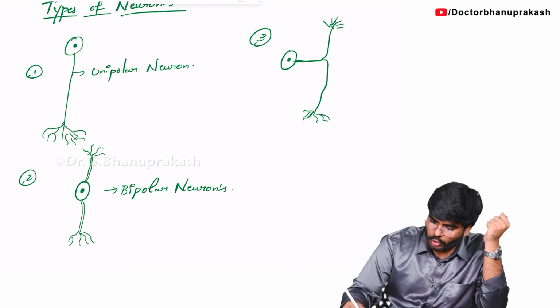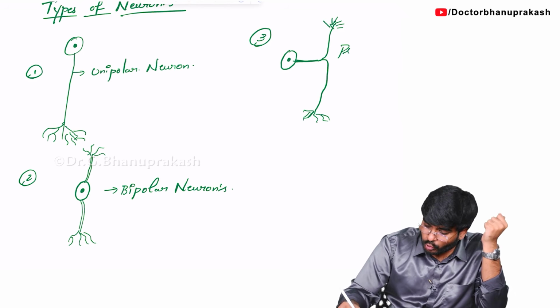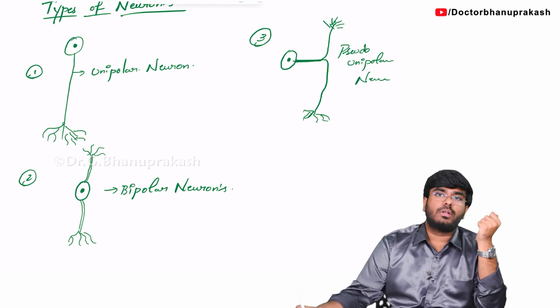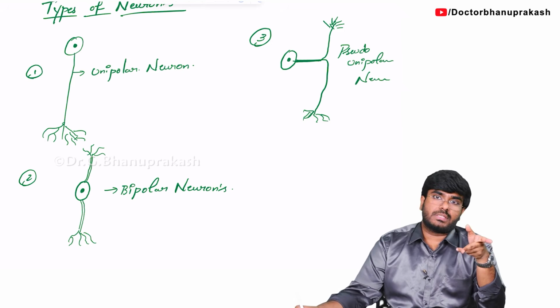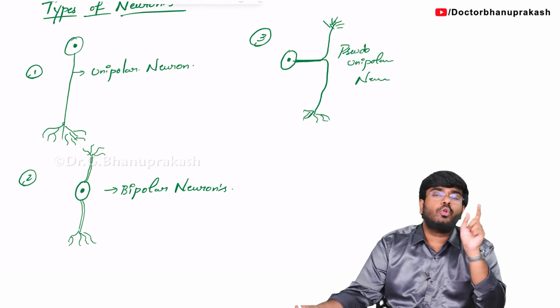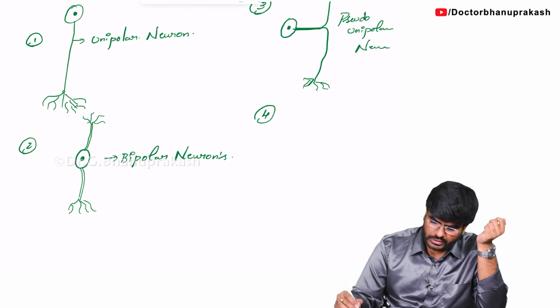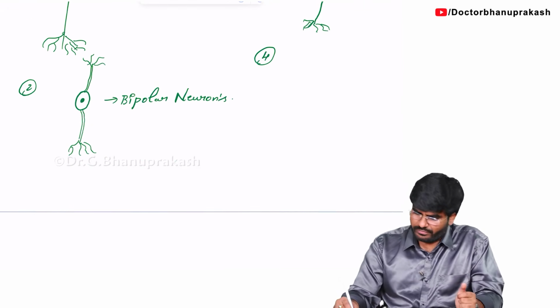So such type of neurons are called pseudo unipolar neurons, because only one axon is coming out, but it is dividing into two processes, looking as if it's bipolar. No, it's a pseudo unipolar neuron. Next, look at the fourth type of neuron, which are present more in number